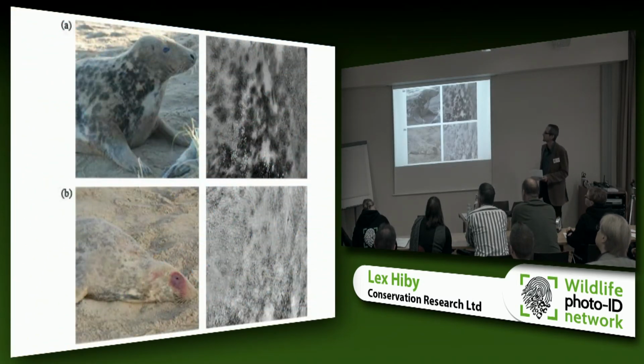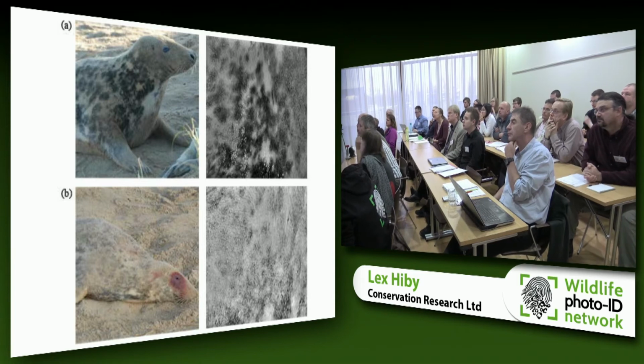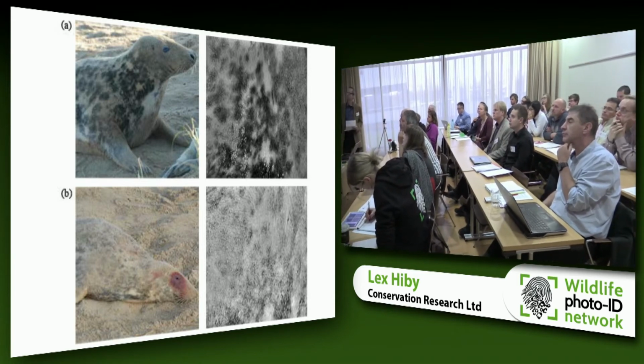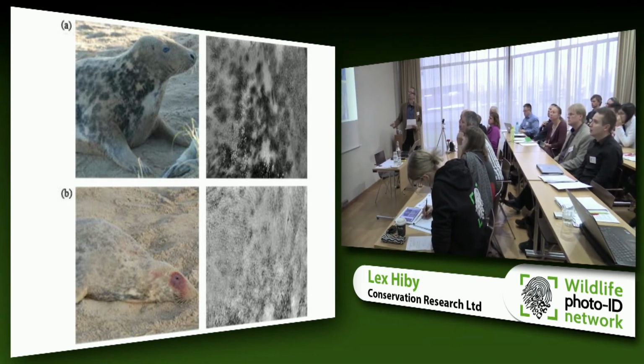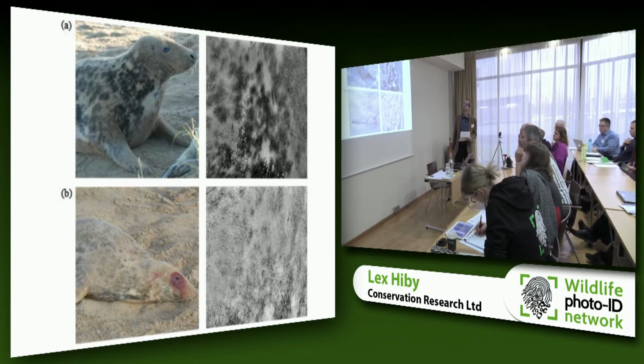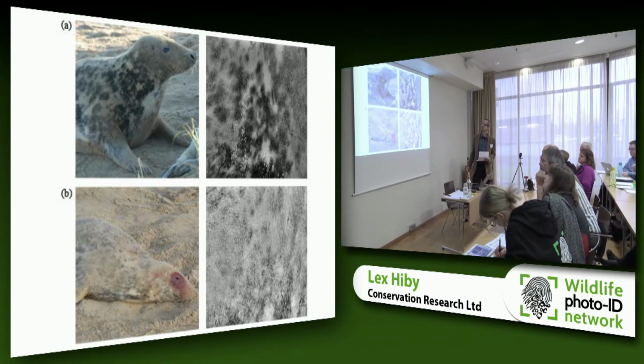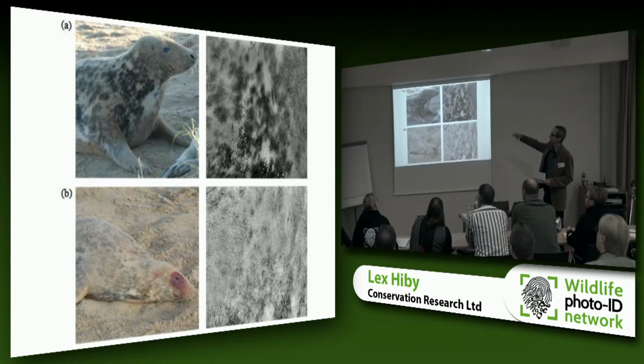So back to grey seals, which was why we made this in the first place. This is a female grey seal at a breeding beach photographed, and then a dead seal on the same beach a few weeks later. And these photos matched. And this is showing an extreme example of my approach, which was not to use feature vectors,